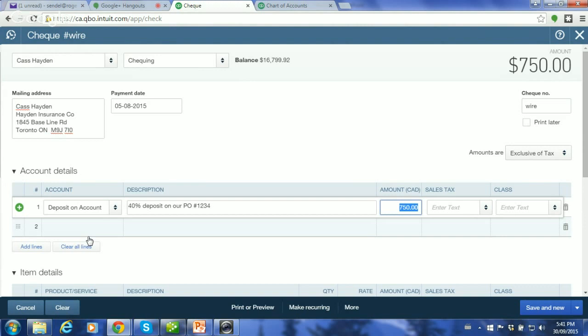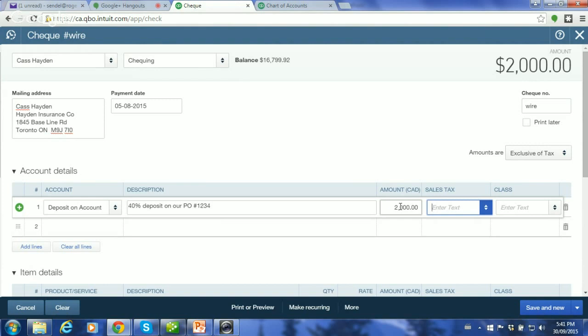Also, if I had to do a calculation, let's say I remembered it was 40%, I could actually go plus 5,000 multiplied by 0.4 for 40% and tab out, and there's my amount. So in the cells where you see numbers, and this is anywhere, invoicing, checking, billing, you can do all your basic calculator functions, right?